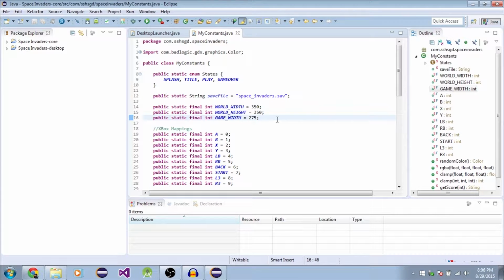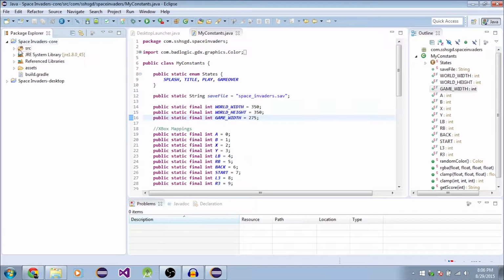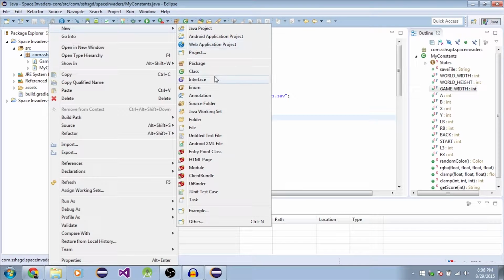Welcome back. So today we're just gonna make the MyCamera and do a little bit more setting up stuff. So let's go ahead into source, into our main package. Let's make a new class,